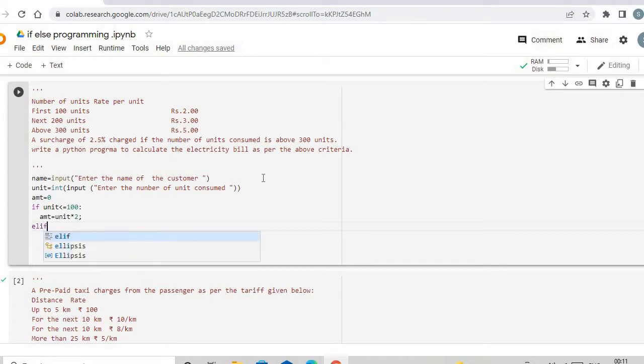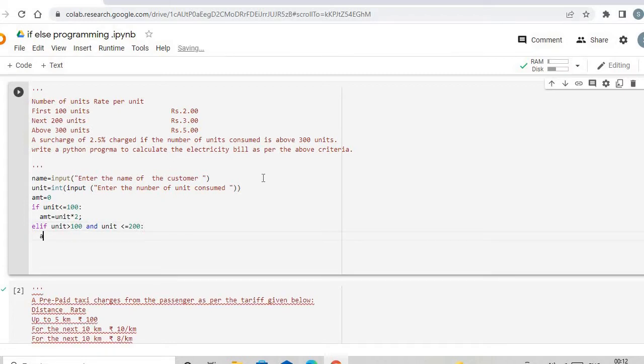Elif: instead of else if, we have to use the elif statement, as we discussed in the previous class. Why are we using elif statements? If we have more than 2 conditions, then we use elif statements. Here there are multiple conditions, so we are using elif. Next, if unit is greater than 100 and unit is less than or equal to 200,